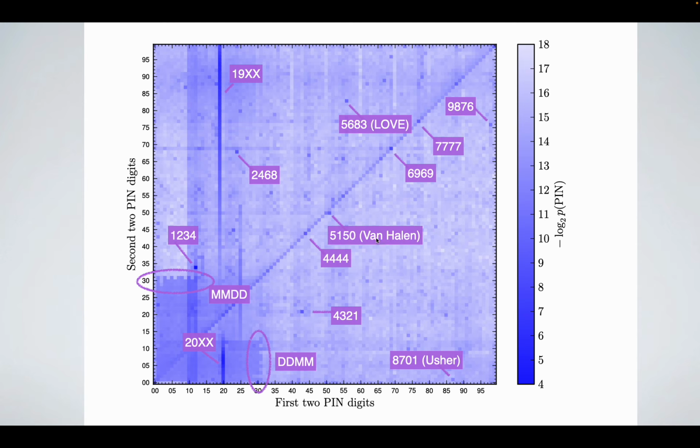Because it's a music website, sometimes bands have albums that have 4 digits. And so these tend to be popular. So Usher has an album, Van Halen has an album. And anyways, these are just some of the things that are here. If you wanted to, you could spend some time looking at it and being like, oh, this dot is really dark, figure out what the number is and then Google it or ask ChatGPT why this is a significant number? And there's usually some reason behind it. Yeah, so anyways, you can spend a lot of time looking at this.